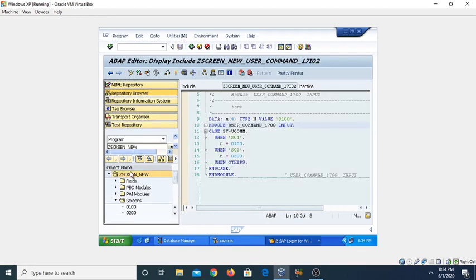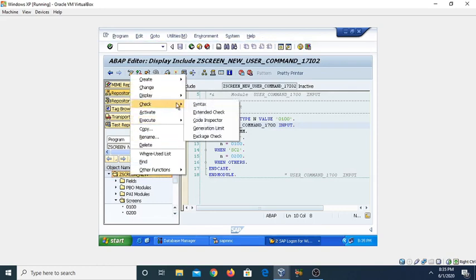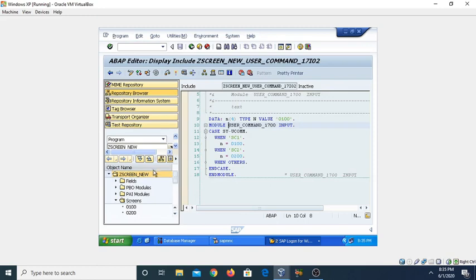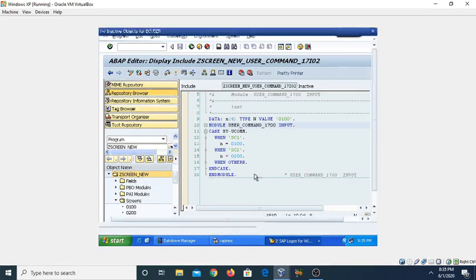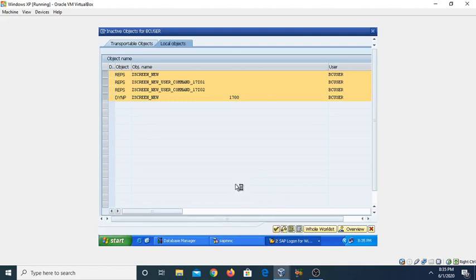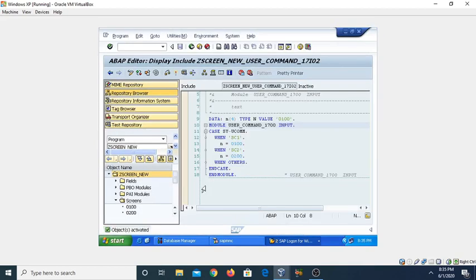Now make it non-editable mode, right click on it and check for the syntax. Now right click on it and then activate it. Now we have already created the transaction, and before running this program you can also set the GUI title for this particular screen.